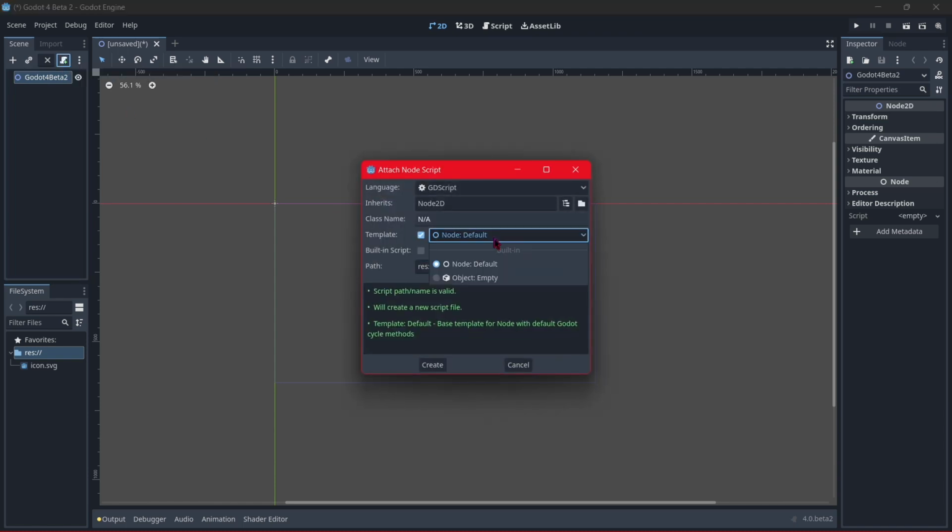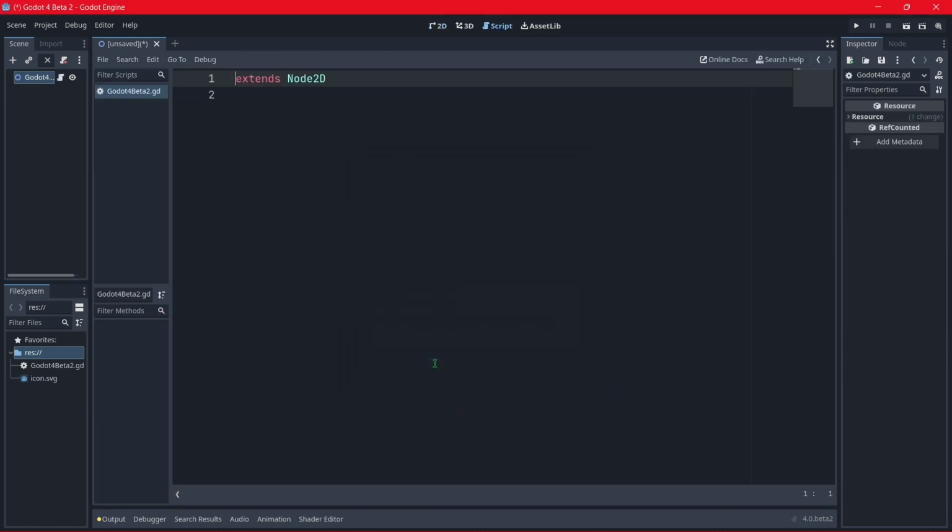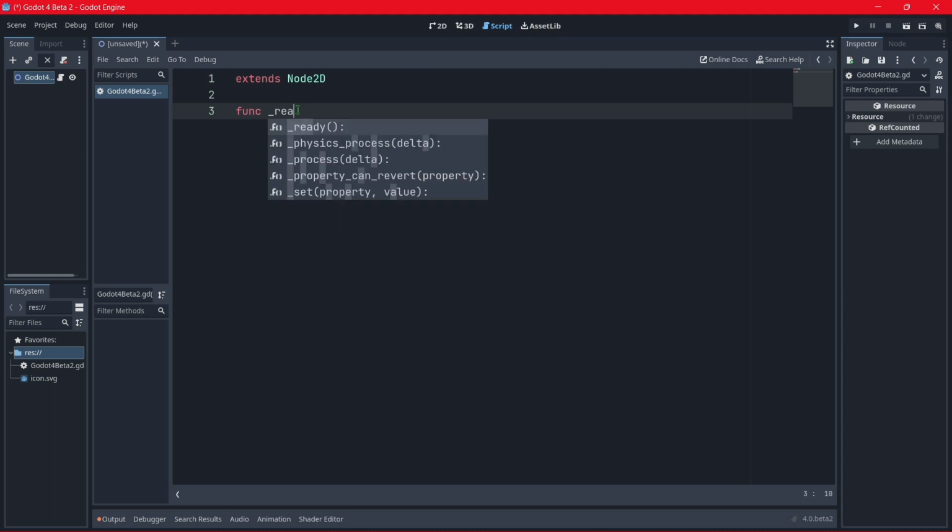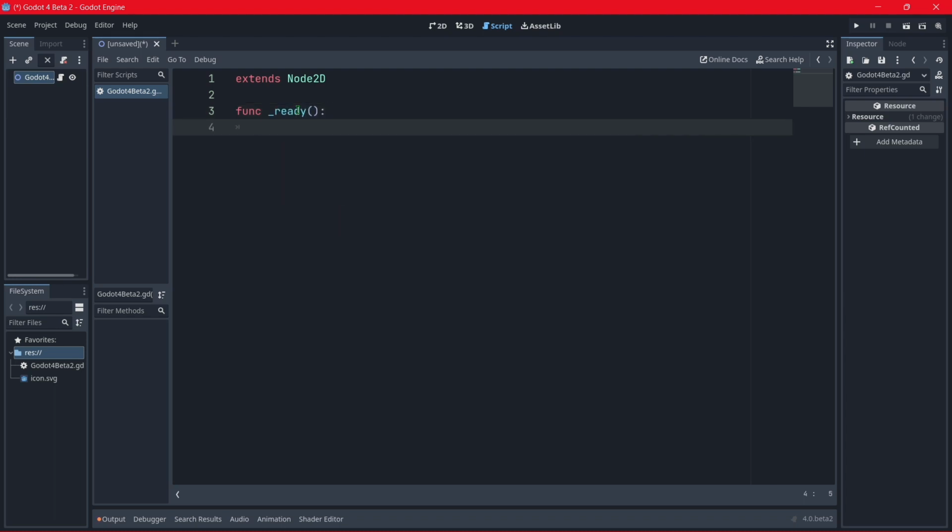A template. What's this? No default, object, empty. I would like to create an empty script. So let's create, yes, this is an empty script. We also have here some ref counted base class for reference counted objects. I don't know what that is. Let's just call the ready function, and inside here, for example, let's put print and a message, for example,